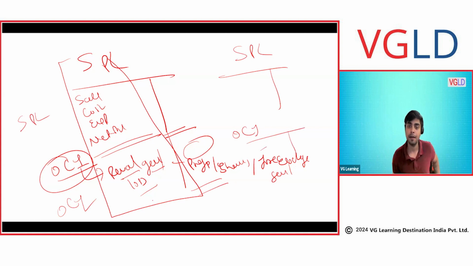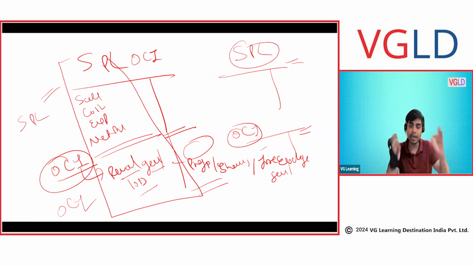So you have this option: either create a single statement or two statements. If you create a single statement, it will be called SPL OCI. If you create two different statements, one is called SPL, one is called other comprehensive income. Clear, everyone? Yes. Anything that is not realized, that is related to fair value gain or loss, will come under the OCI. Clear, Jivika? If a windfall gain is realized, in that case it will not come under OCI, it will come under the SPL.